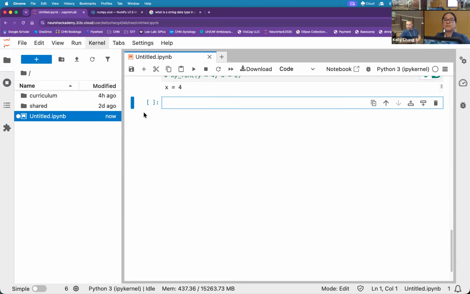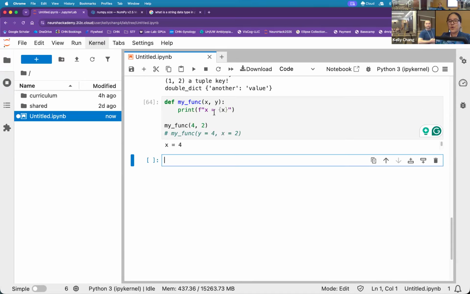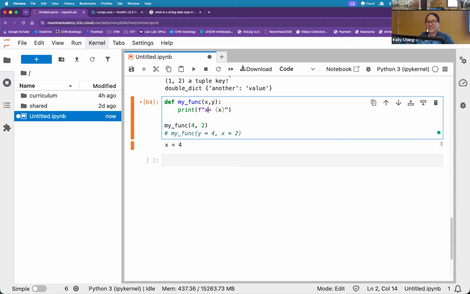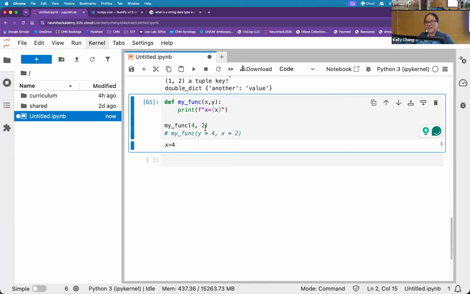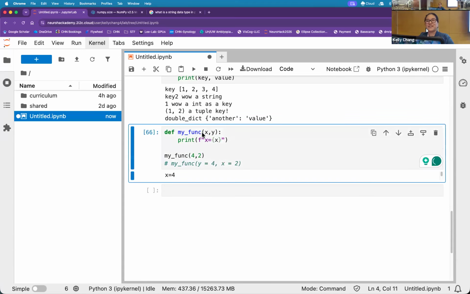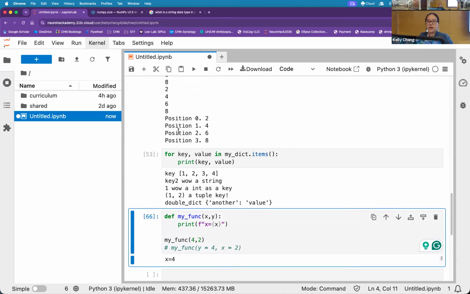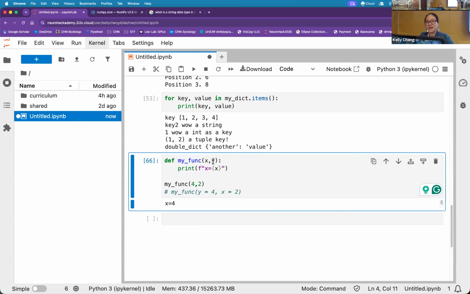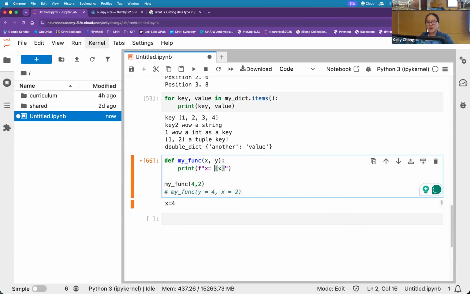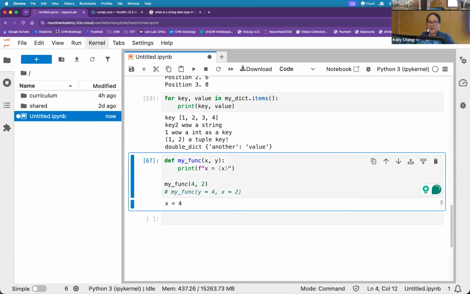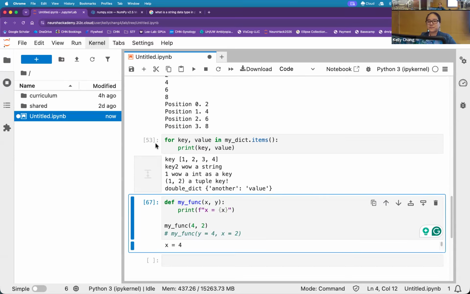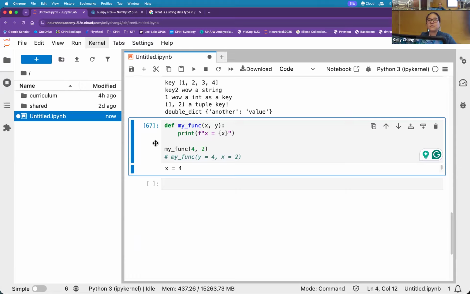Yes. Does space matter? No, it does not. I can do this and everything is all good. I'm just deleting spaces, all hunky-dory. Indents matter. Indents really do matter. But spaces, not really. I prefer spaces because I read English relatively well with spaces in my view, so I tend to overspace stuff. If you don't want to, you don't have to. This is my personal preference. Okay.